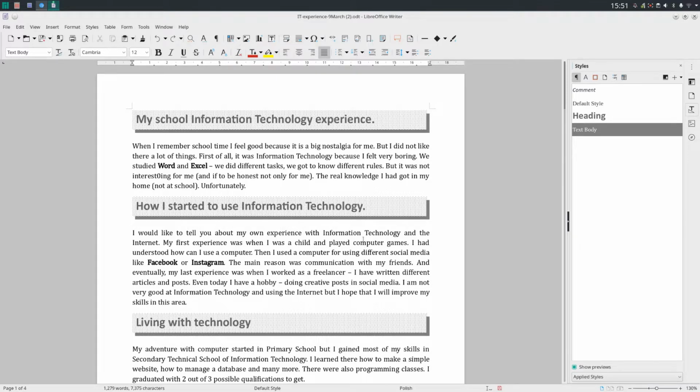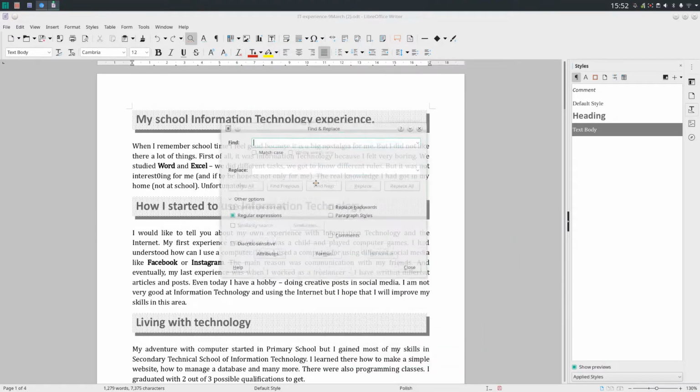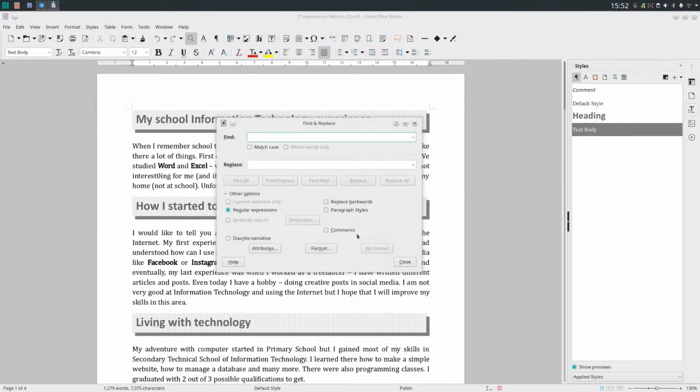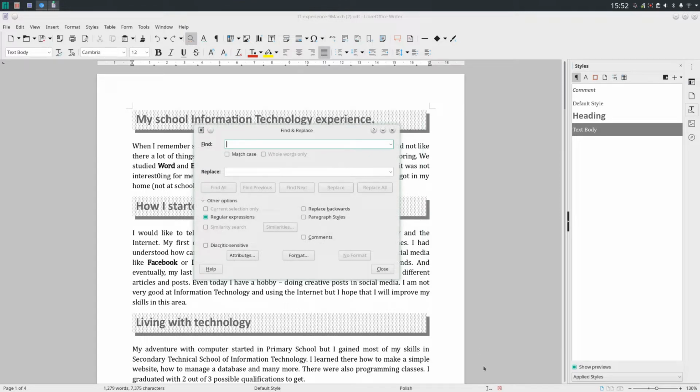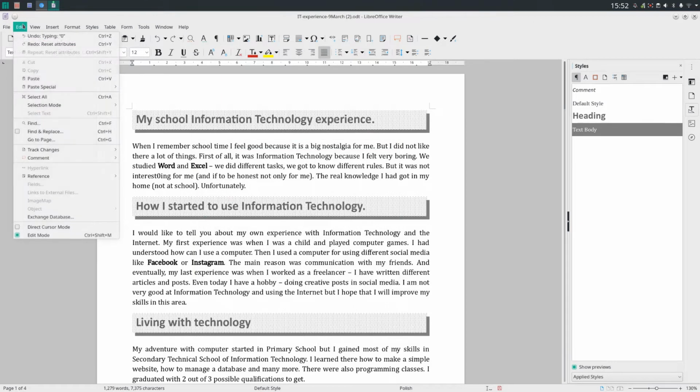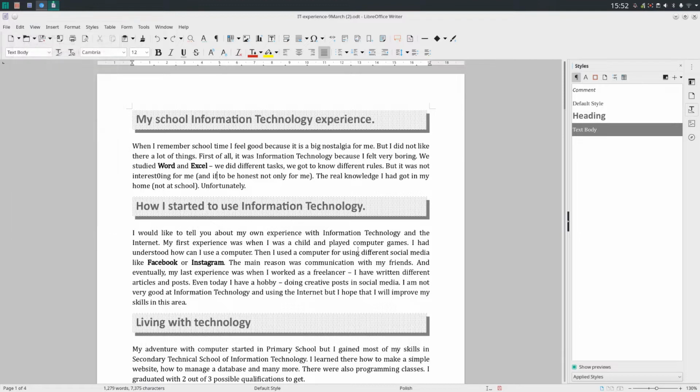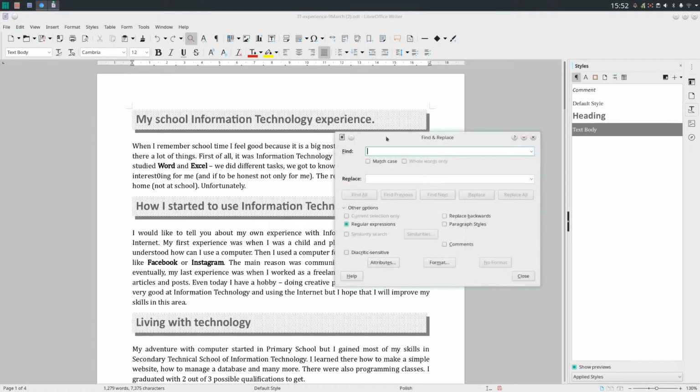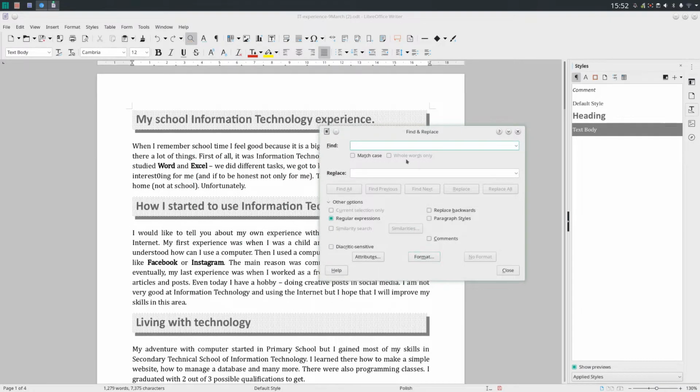We can open the Find and Replace dialog, and if you remember, the shortcut is Ctrl H. In most applications, in Microsoft Word as well, Ctrl H is for Find and Replace. Ctrl F is just for finding something quickly, but this dialog appears after pressing Ctrl H, or you can go to Edit and Find and Replace, right? So Ctrl H, and here